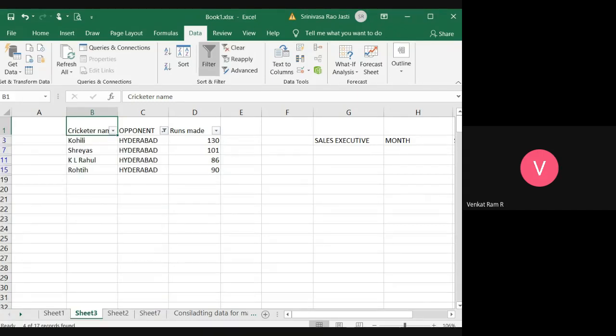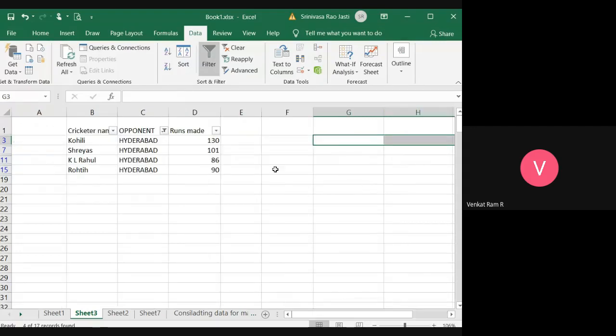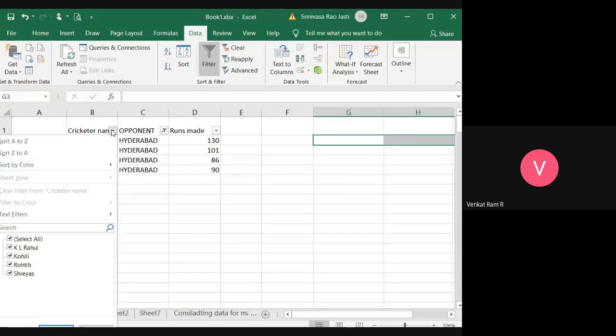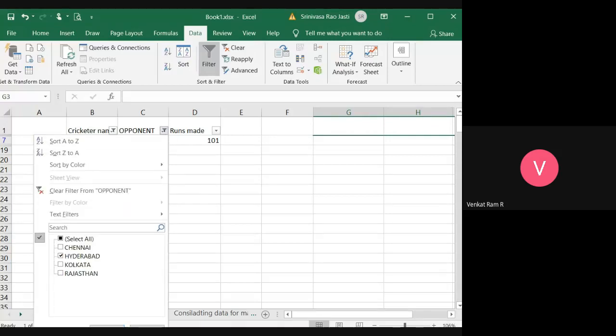So what is happening? I will be getting only Hyderabad scores. Again go here. If you want only Kohli or KL Rahul or Shreyas, just select that. And since I have checked only Hyderabad for opponent, only that is coming.